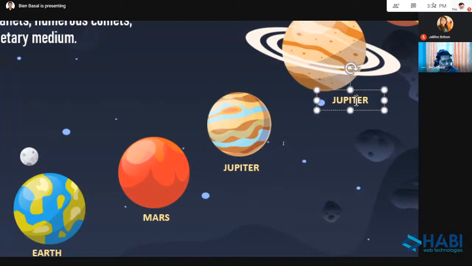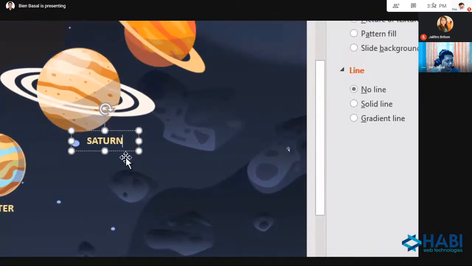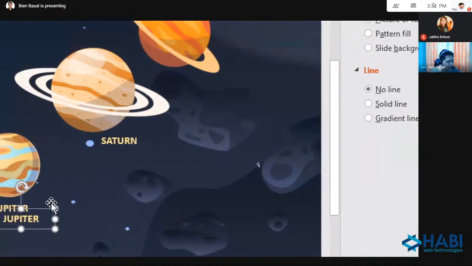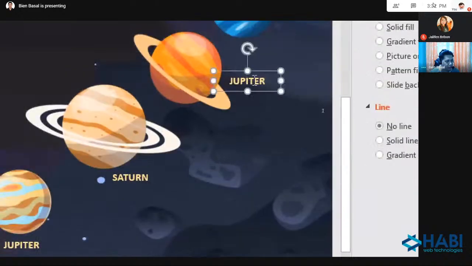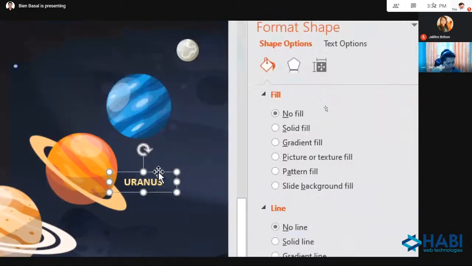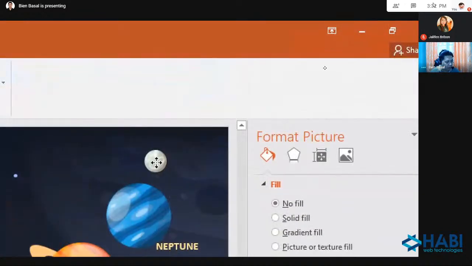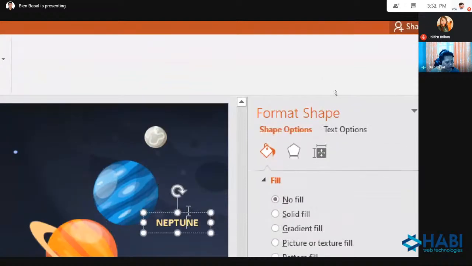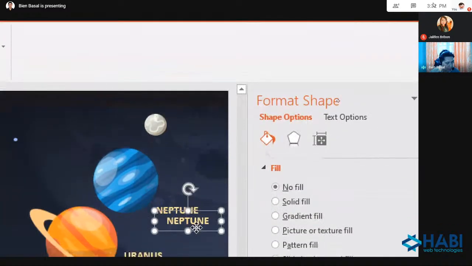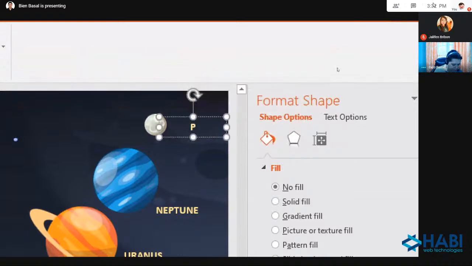Jupiter, Saturn. Paste again. Oops. This one is Uranus. And this one is Neptune. And I will move Pluto here sa bandang kanan. Okay. And last is, I will add here Pluto.